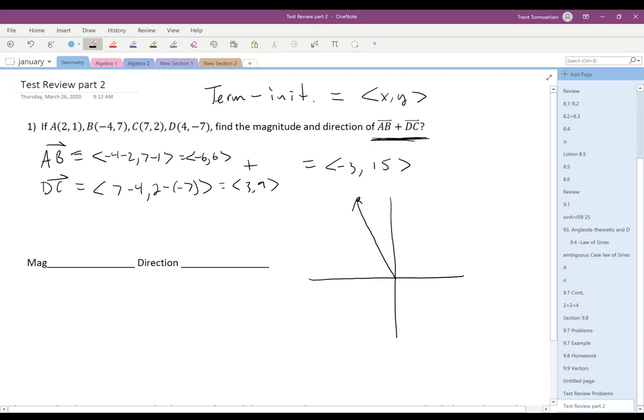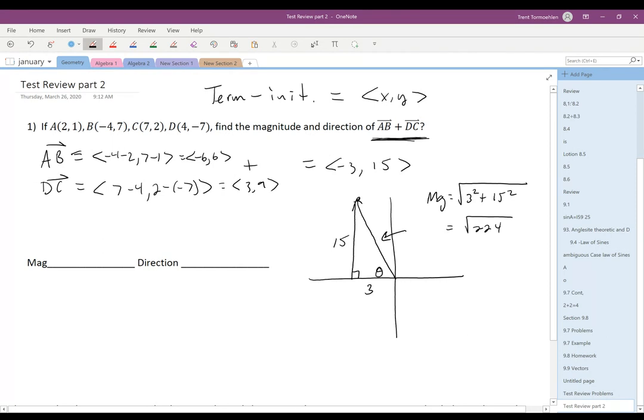So then we go through and find what that looks like. So it looks like this. We need to find the angle theta, and we need to find the length. Well, the length is very easy to do because the length is just going to be Pythagorean theorem. So the magnitude just equals the square root of 3 squared plus 15 squared, which equals the square root of